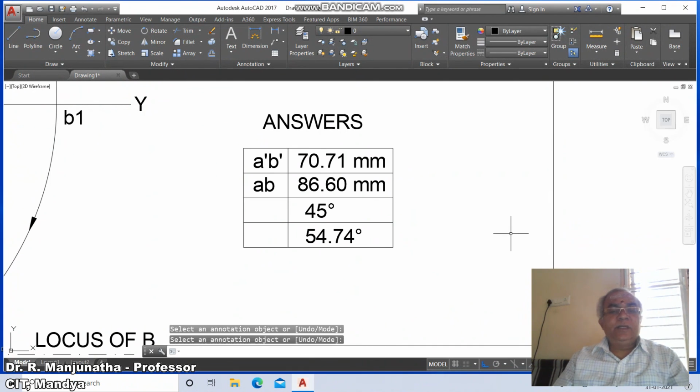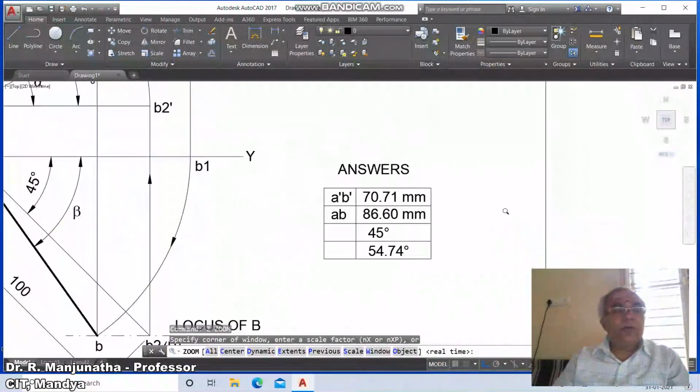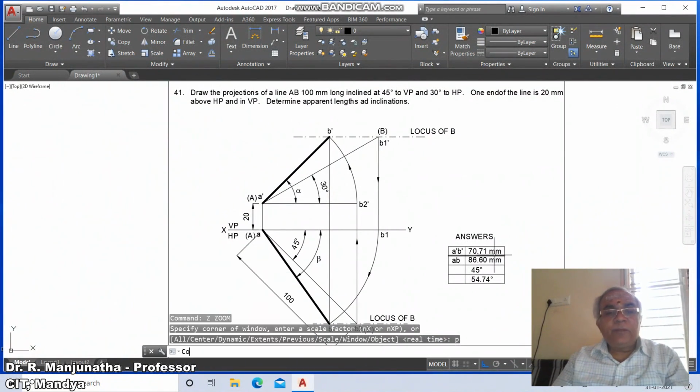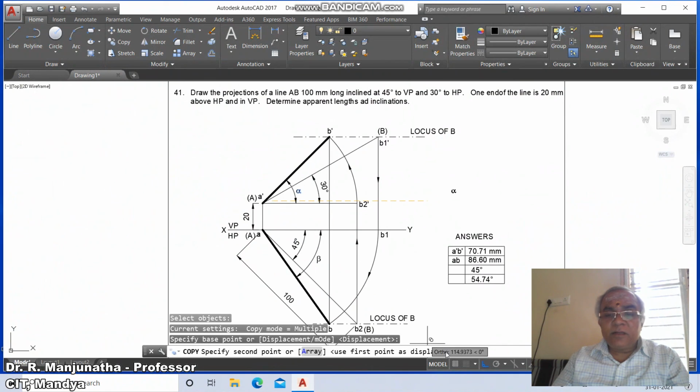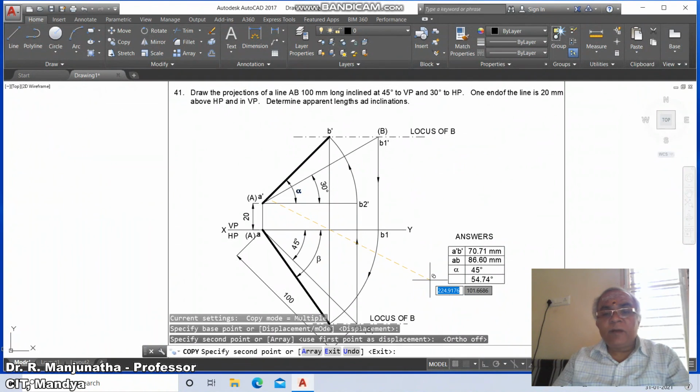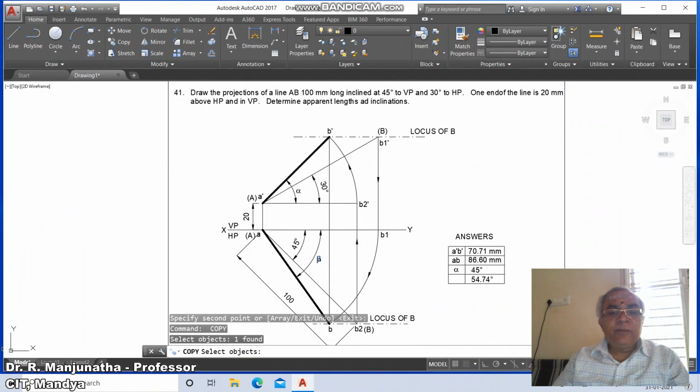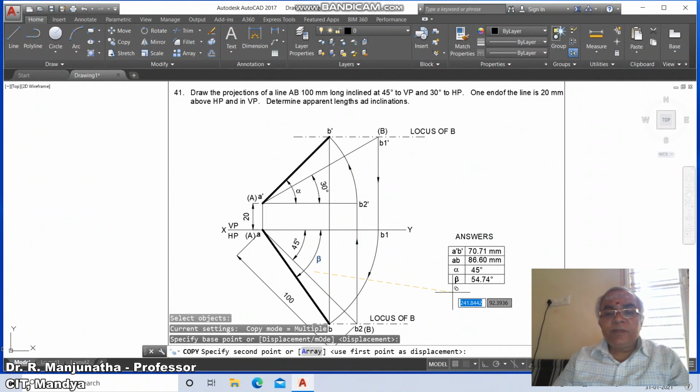Then you just come out of this, then go to copy, select this line, text, and switch off the ortho mode and place it here, alpha. Then similarly copy from here, you place it beta here.